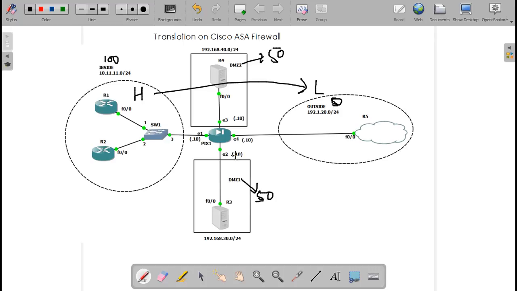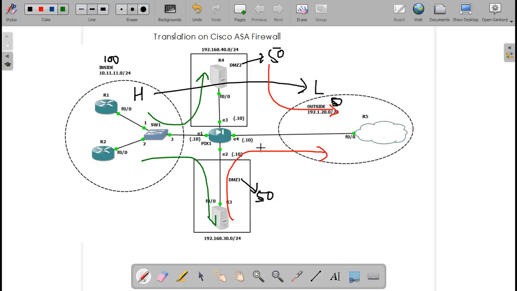High to low is possible. All these traffic flows are possible by default.